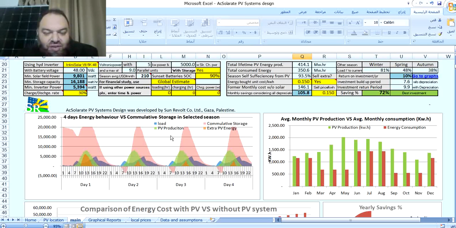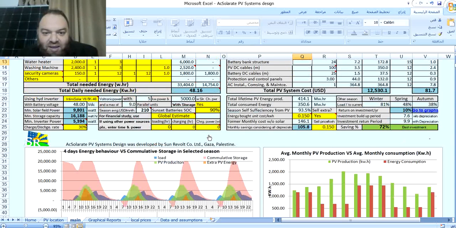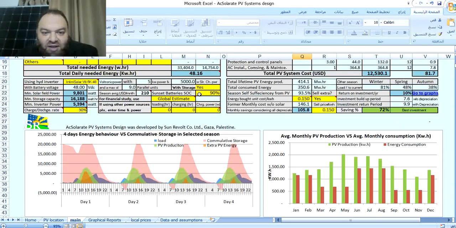If you choose this system with less battery capacity, that is because you have estimated the state of charge at sunset to be 90%, where it is not actually that. But if you've done that, then you will have a better investment, but you might also lose power sometimes the next day, on day number 2, 3 and 4. So there's a risk here.